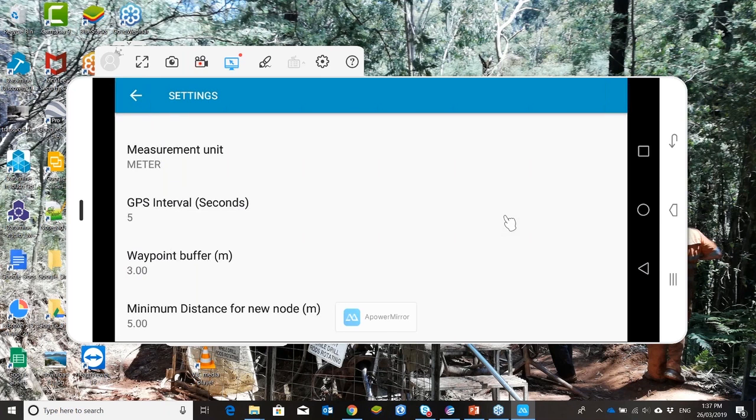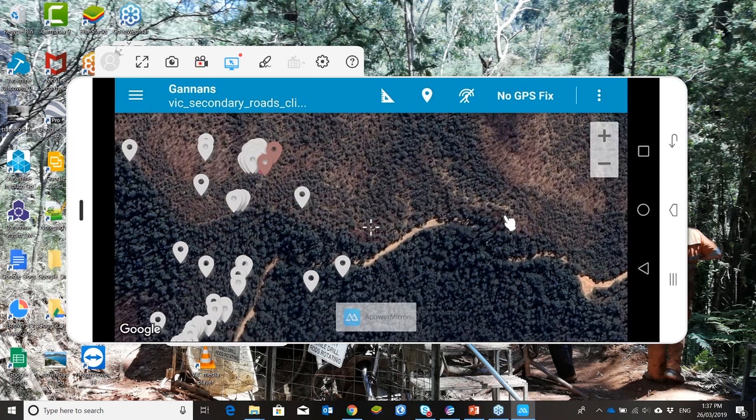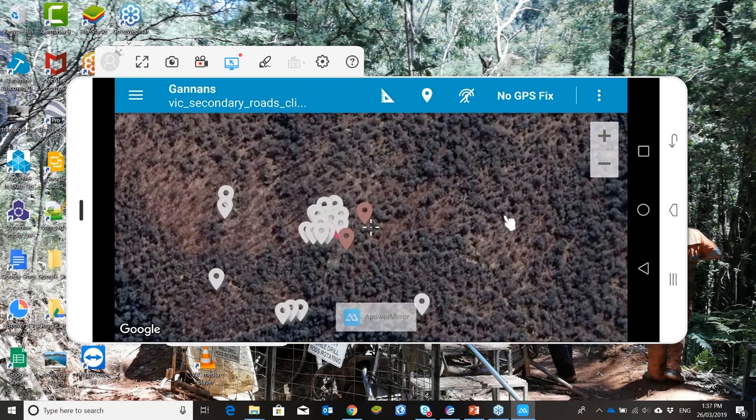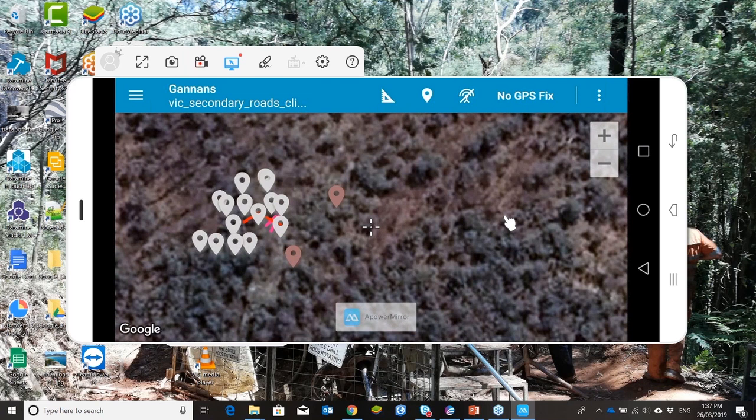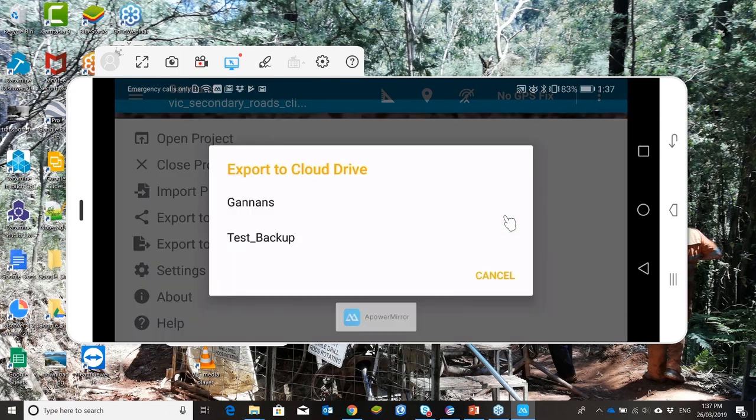So that's your settings. Yeah, ruler, waypoint finder, layer control, added points. So it's all pretty straightforward. So we've done everything we wanted. We've collected 2 points. Now, if I want to bring this back in, what I have to do is export it back to the cloud drive, export project Gannon's,